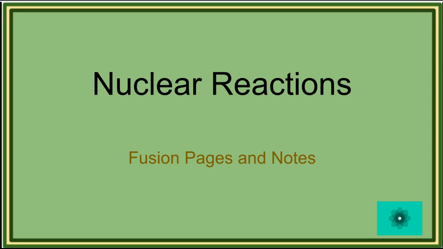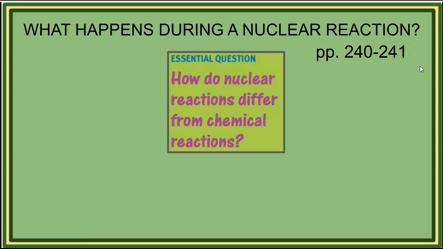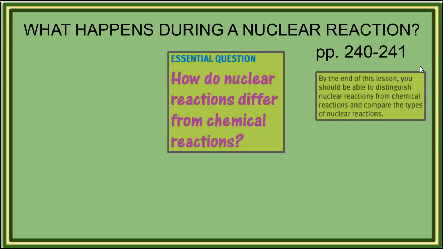Go over the answers to your fusion pages 240 to 243. What happens during a nuclear reaction? Our essential question is, how do nuclear reactions differ from chemical reactions? By the end of the lesson, you should be able to distinguish nuclear reactions from chemical reactions and compare the